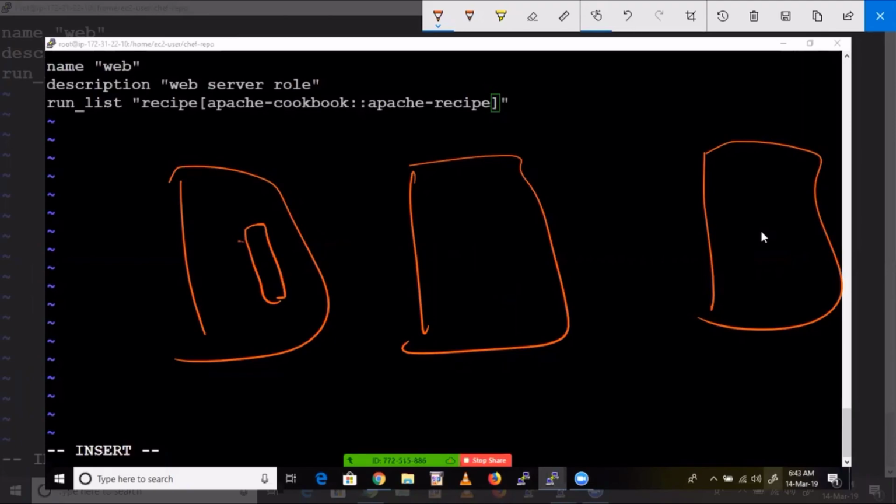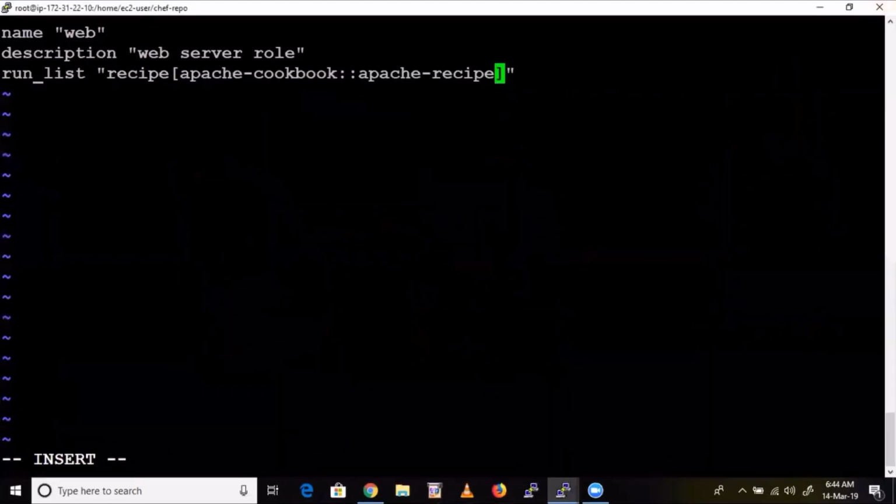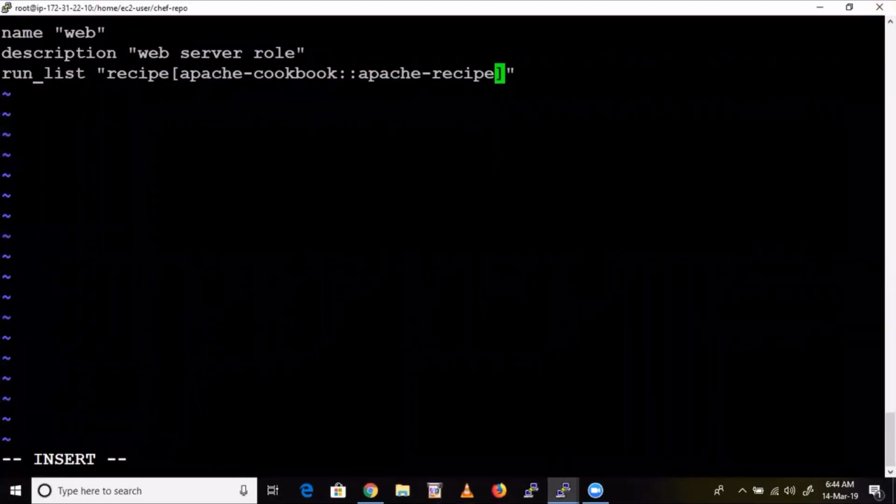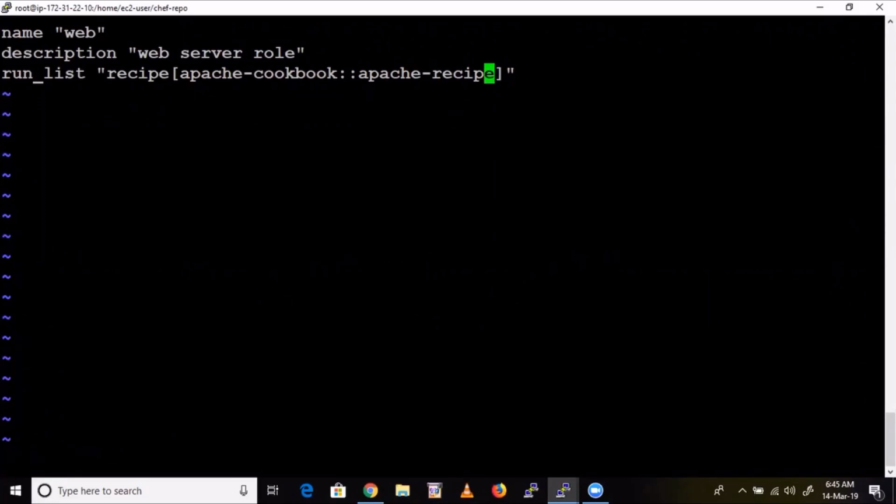What actually I'm doing, I'm going to create a role now. I'm going to attach this cookbook's main recipe to the role here itself. Then I'm going to upload this role. The role will be here. Okay, so Apache F1 cookbook, Apache F1 recipe. Fine. No spelling mistakes, right? Recipe. Yeah, that's it. We have created the role.